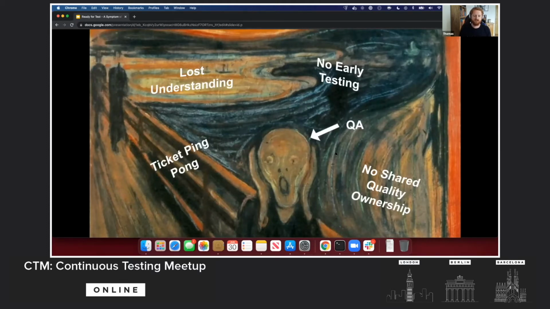And this is really frustrating, not just for the QA, but also the rest of the team, because everyone on the team just wants to release good work, and it can start to cause friction in the team. The QA can be seen as being stubborn or blocking the process. And so finally, this all adds up to having no shared quality ownership. It becomes a bit of a they versus us sort of situation, them versus us. The QA is trying to defend quality while the developers just want to ship things. And that's not a healthy dynamic to have in your team.